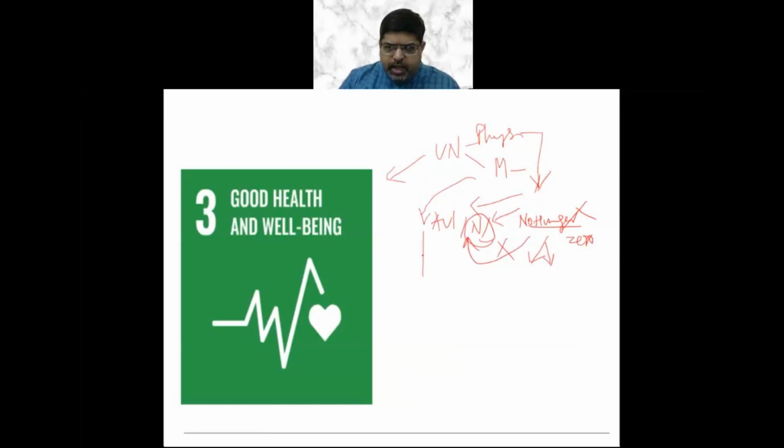those who have 80% of the resources on the planet, they also don't have good mental or physical health. The reason being, we don't have healthy practices in our day-to-day life. We consume a lot of food. We don't have time for exercising. We don't have time for caring about our mental health or well-being.